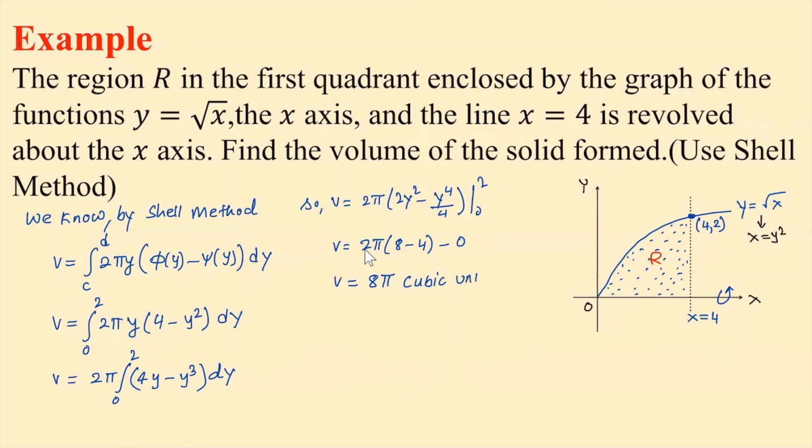8 pi cubic units. So the volume when revolving this region R about the x-axis is 8 pi, and we calculated that using the cell method. Remember, in the cell method, when we revolve about the x-axis, we integrate with respect to y. And if we revolve about the y-axis, we'll integrate with respect to